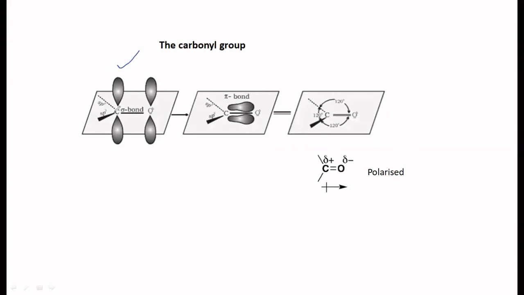Now coming to the structure of the carbonyl group, all of you are aware that in the C=O bond, the carbon is sp2 hybridized and planar. Above and below the sigma bond, you have pi electron density. Because oxygen is more electronegative than carbon, the electrons are more towards oxygen. Therefore, the carbon end gets a small positive charge, and the other end gets a small negative charge. So the C=O bond is polarized and therefore highly reactive. The reactivity of carbonyl compounds is due to this. They immediately undergo nucleophilic substitution and even elimination reactions.